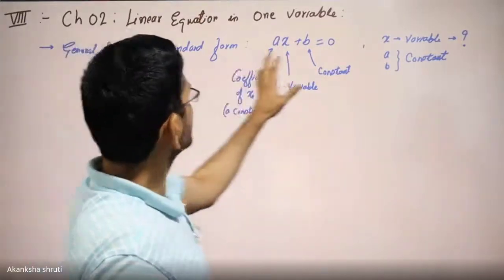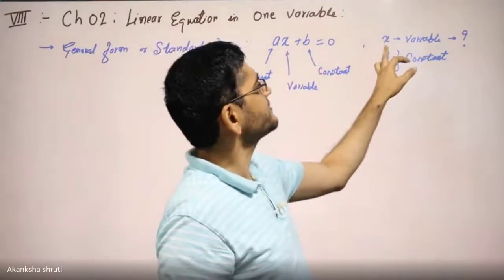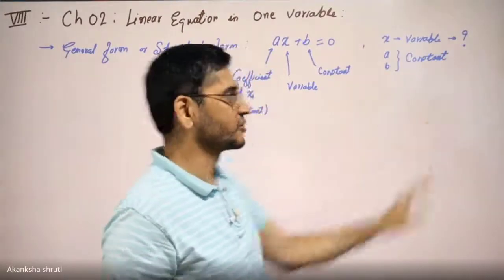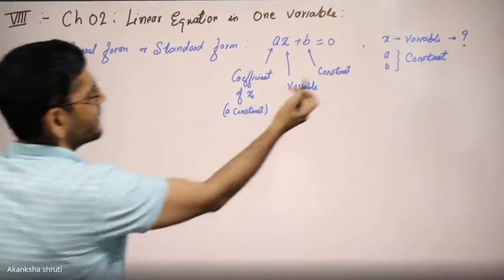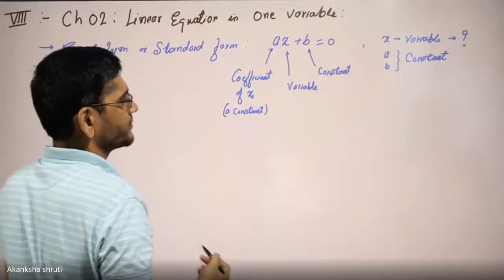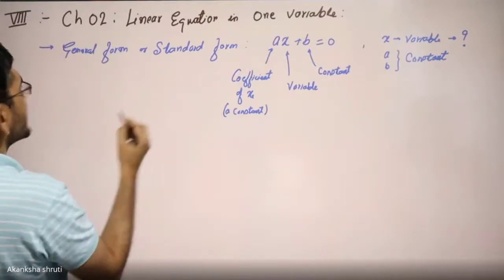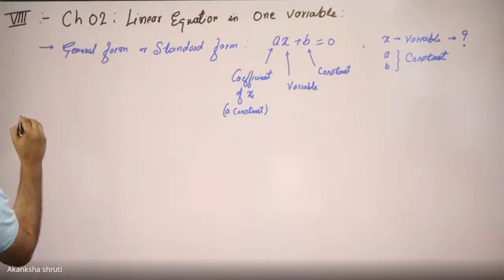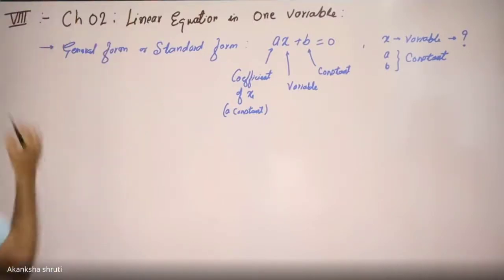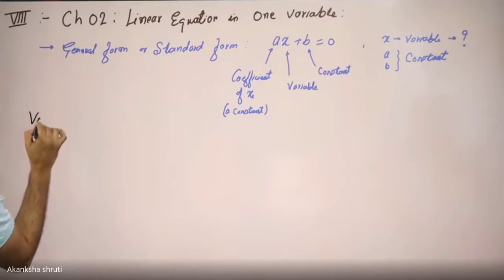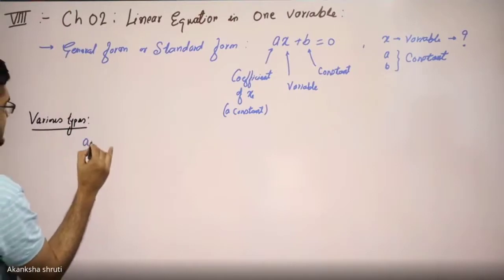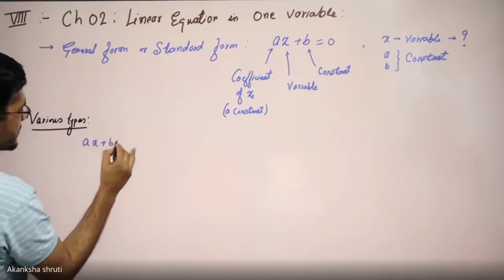In such an equation, the ultimate objective is to find the value of x, or the value of x has to be calculated. That is the question. Last day we have learned how to solve even a complex linear equation in one variable, any kind. We have learned the various types of this linear equation and how to solve them. The simplest form is our ax plus b equals 0.